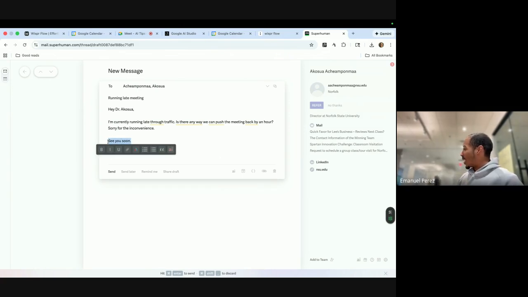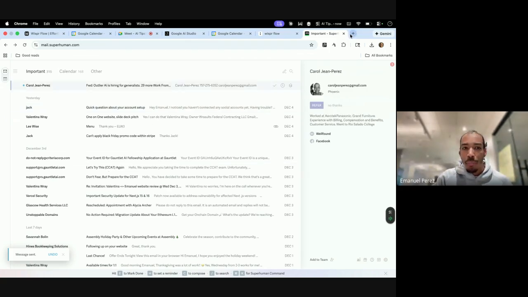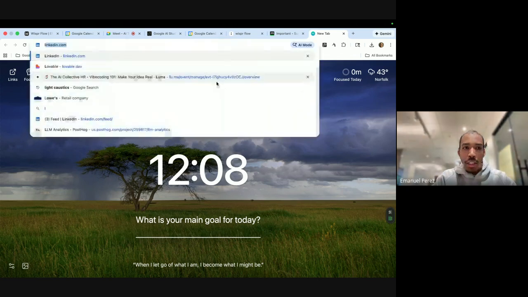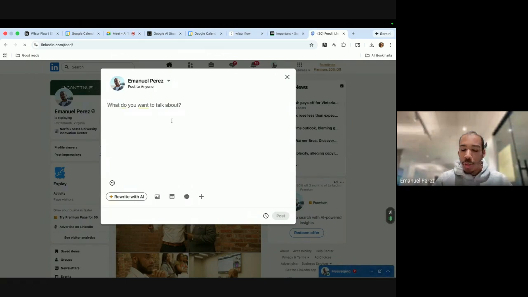And what is this called, with the ending? Conclusion. Yeah, we've got the conclusion right too. So it's formatted as an email should be. So it's very swift, and you can do this for almost anything. For writing an email, or if I'm on LinkedIn and I want to write a LinkedIn post, I can do the same thing. So if I activate it again, you can also double click to have hands-free mode.